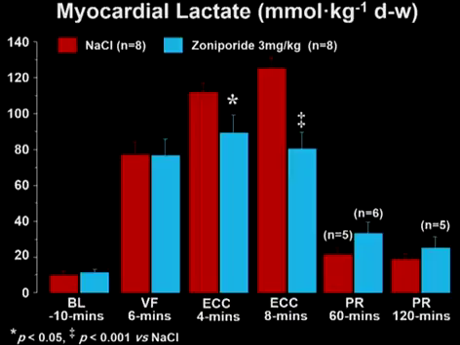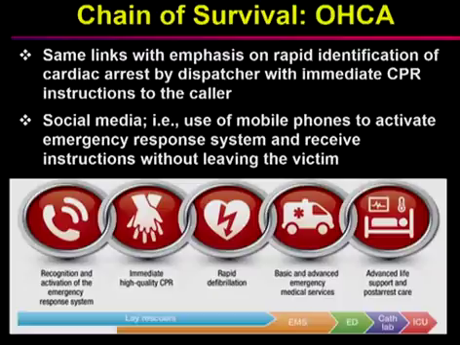Now, in this particular experiment, we're using a pharmacological intervention to reduce the injury at the time of reperfusion, meaning at the time of CPR. That's the reason why in blue you see less increase in lactate. But that's not the purpose of my talk. I just wanted you to realize when the heart is fibrillating, it's creating very severe ischemia, and CPR is not enough to reverse that. We can mitigate, reduce a little bit the intensity of ischemia as we make the attempt to restore cardiac activity. Very importantly, this concept of the chain of survival is as valid today as it was when it was first proposed.